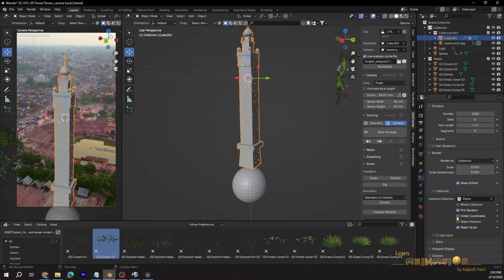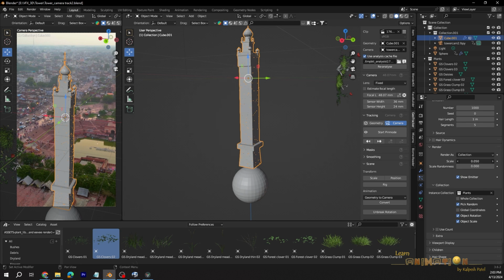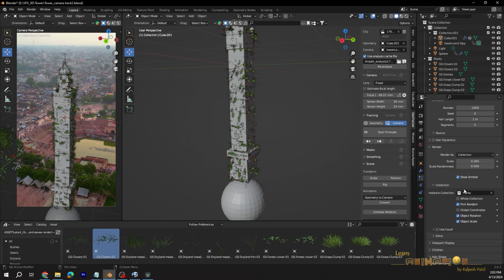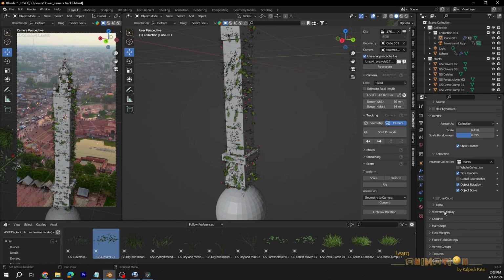Now pick the random, you can select object random. Okay, and the scale you can increase, so you can see here in the viewport all the plants are visible. Okay, now scale random, and the random. Okay, the global collection is different. All this you can try out, it's fine.